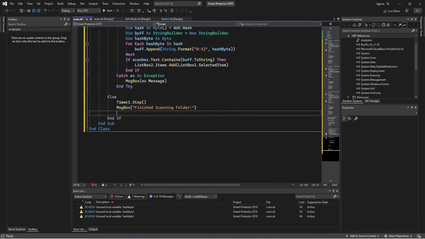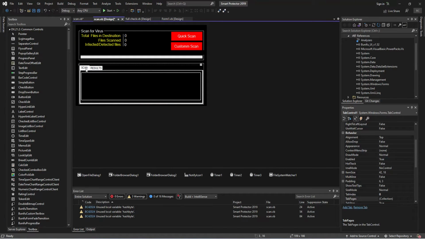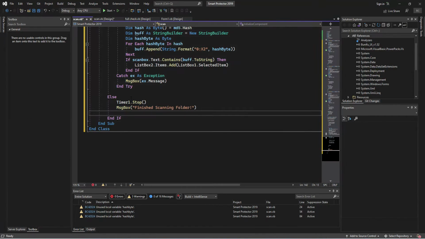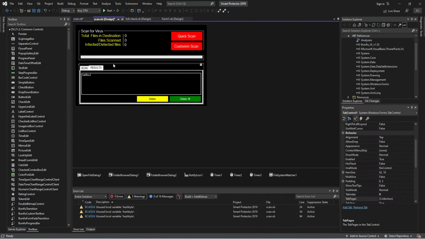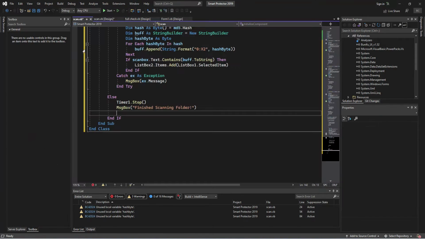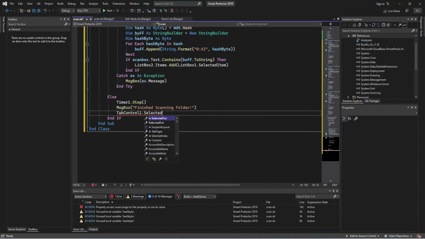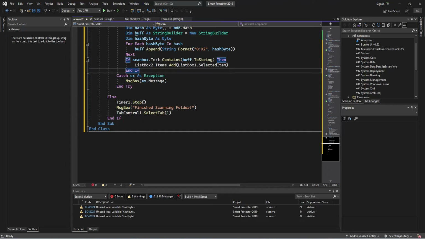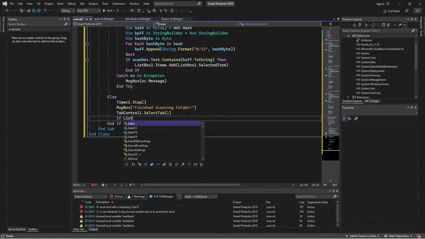All right, perfect. Now we just have to switch to the tab control. Right now this is a tab control 1 0 and this is 1, right? So when it is done, we just have to automatically switch to this results tab control, but by default it is being selected by the scan. So what we're going to say is the tab control 1 dot select tab. So we're just going to use select tab to be 1. Perfect. So that is actually going to select the tab,